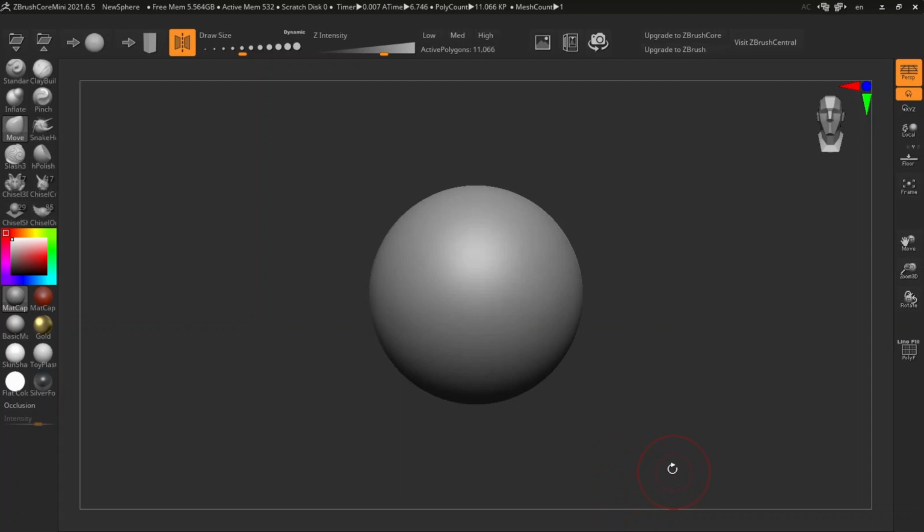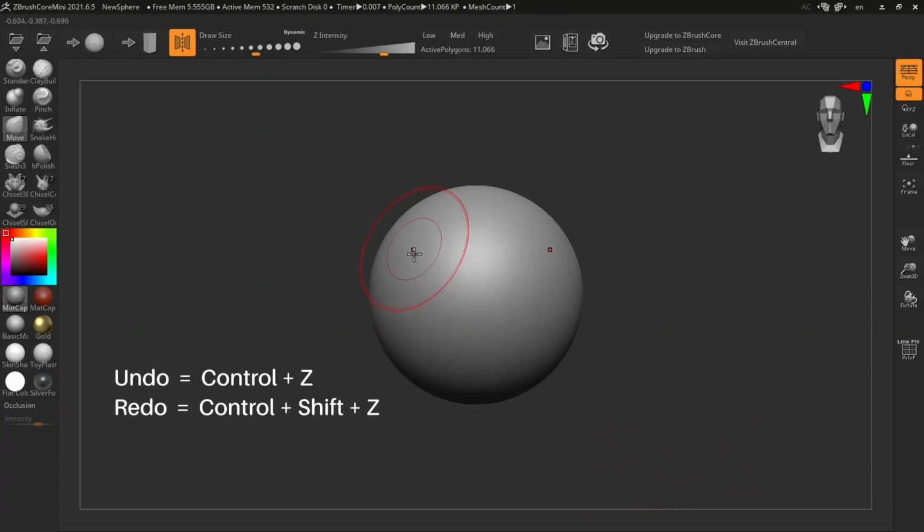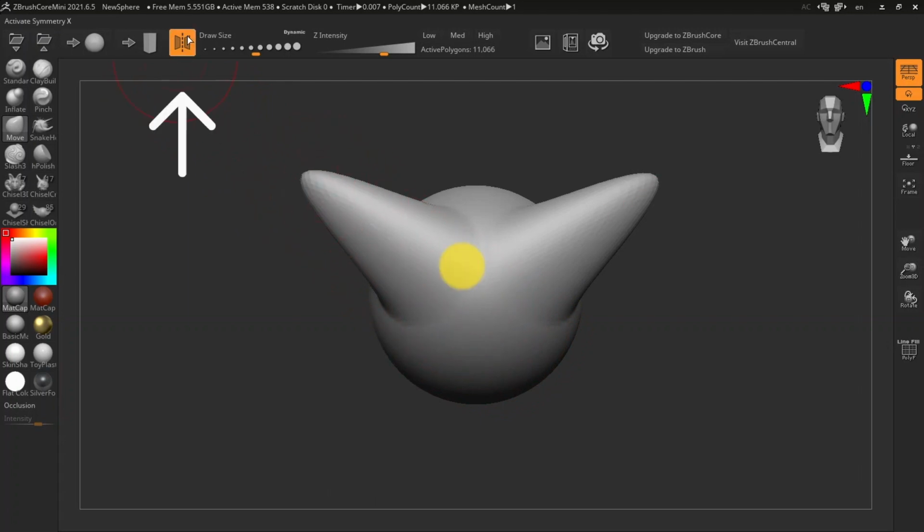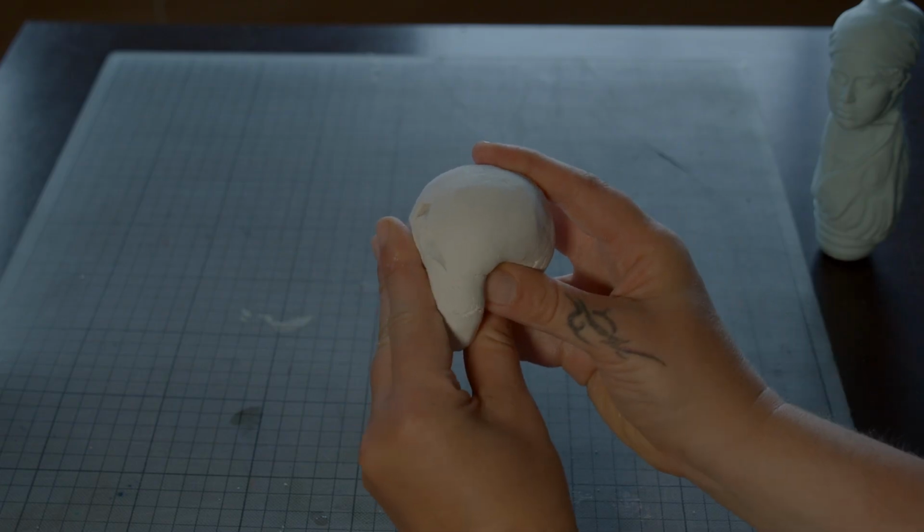So these are the most important shortcuts that we have to remember. As we see here, we can do it double at the same time in a symmetrical way. If we close it, we use it in just one direction and don't affect the other side.